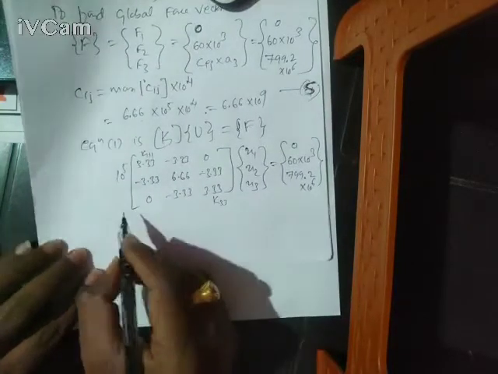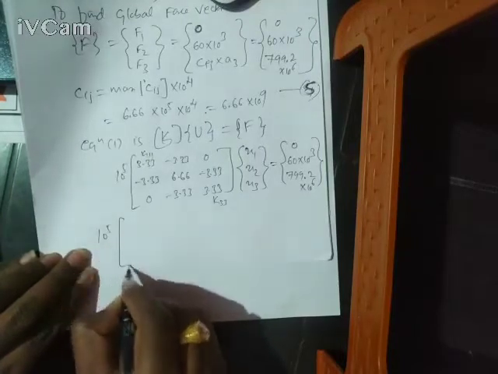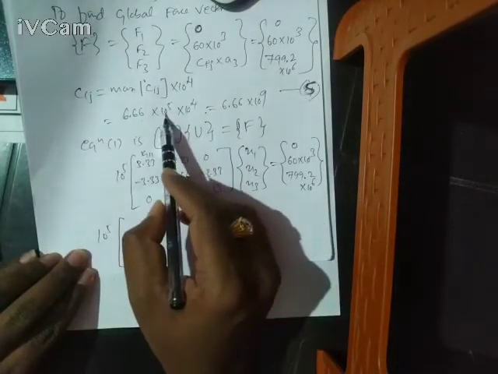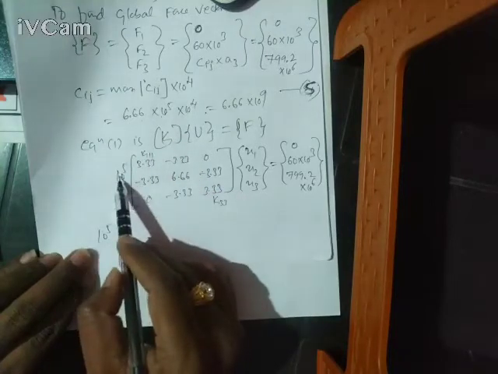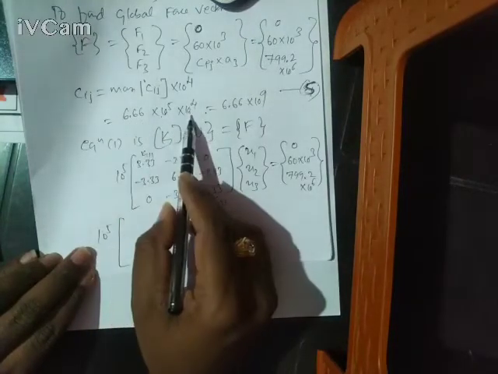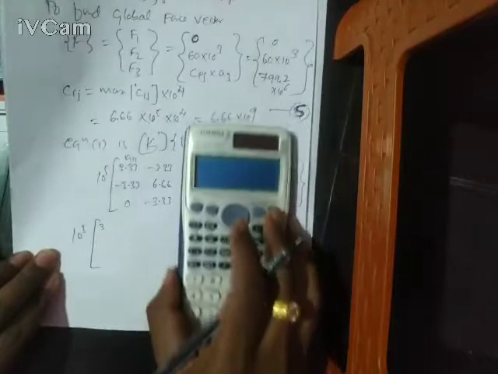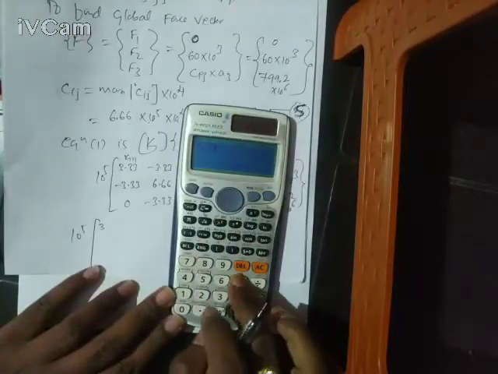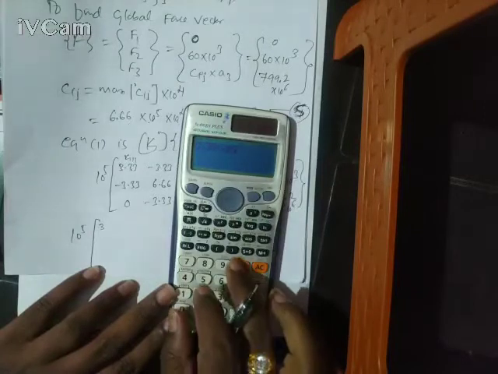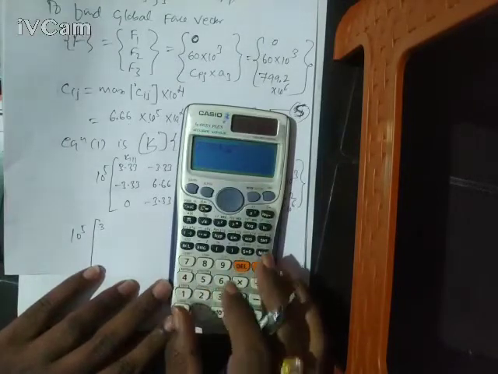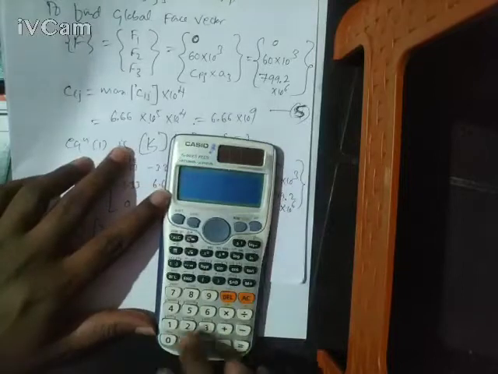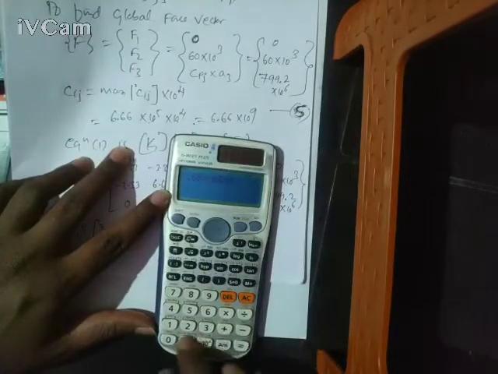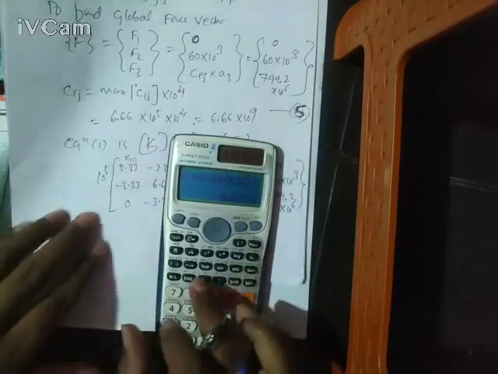Right? So yes, 10 to the power 5. See here, in this 10 to the power 5, if I take it common, 10 to the power 5 is already there. So now I have to multiply 6.66 into 10 to the power 4 to this matrix. Fine. Okay. Now I will be adding and showing here. See here, 3.33 into 10 to the power 5. Sorry. So first we will have 6.66 into 10 to the power 4 plus 3.33. Yes, how much am I getting?